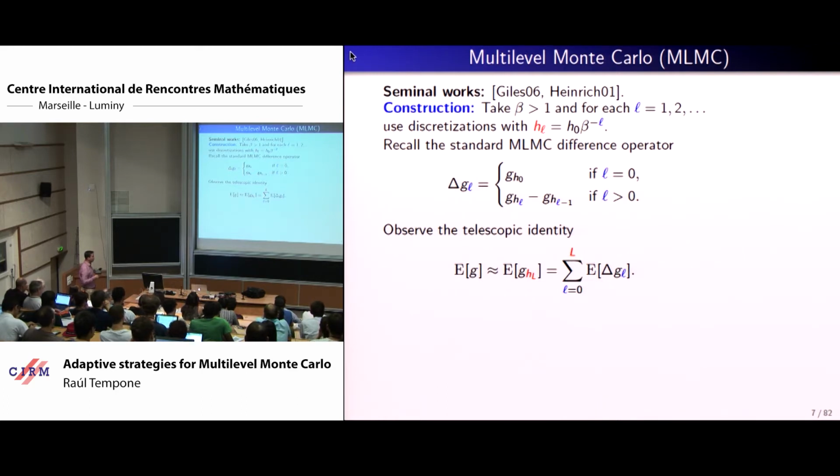Now, this is the random variable that one is going to apply control variates to, and before doing so, one rewrites this expectation as this other sum. So this is an exact representation, and the sum is running over all levels of approximation from 0 to the level capital L that satisfies the bias constraint. Now, instead of using Monte Carlo here, one uses Monte Carlo independently for each of the terms coming into the sum. All right?